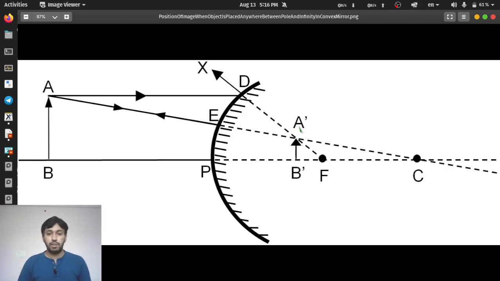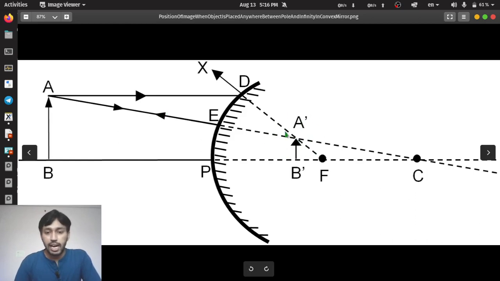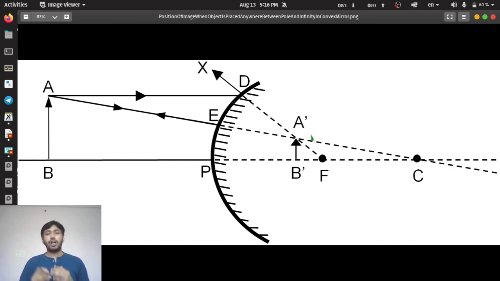This image is not real. This is called a virtual image, because you can see this image is formed behind the mirror. Okay, this is the front side of the mirror, and this is the behind side of the mirror. So these are not actual light rays. So this image is called a virtual image, and this is erect. You can see vertically in the same direction. So this is an erect image, and it is diminished. That means smaller size. Okay. So all these things I have discussed. These are the image formations by spherical mirrors, convex mirror and concave mirrors.